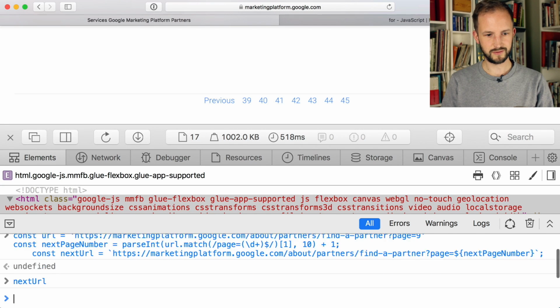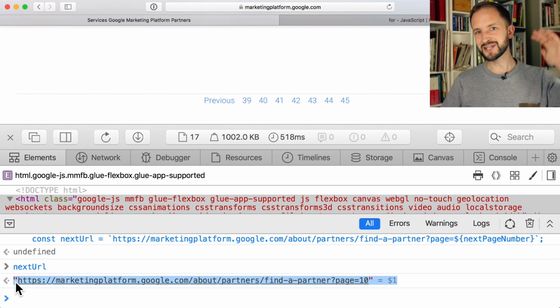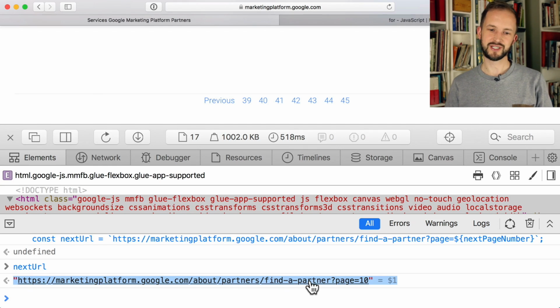So next URL. Yeah, it worked. We inputted number 9 and then we got number 10, which is the next one. Awesome, it works. Let's recap